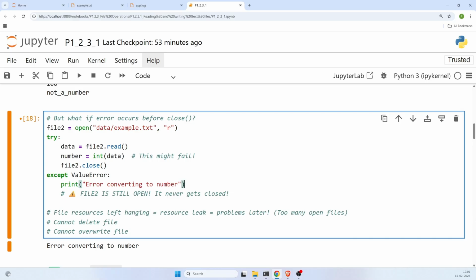Now you have to keep remembering where that file is open. Every time that file is getting used, I need to ensure I use file2.close. Suppose you forgot. Then the file resource is leaked and a problem will come later. It will throw an error, too many files open, and you cannot delete or overwrite the file. If it is a log file used by the program,